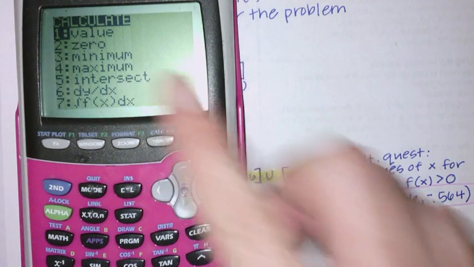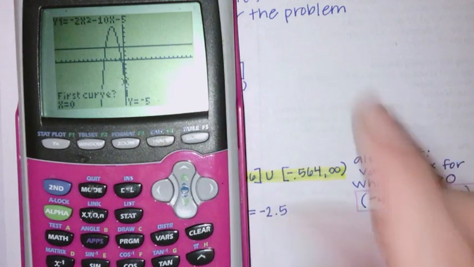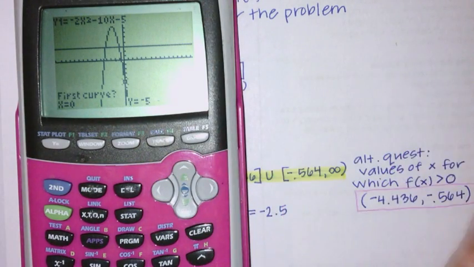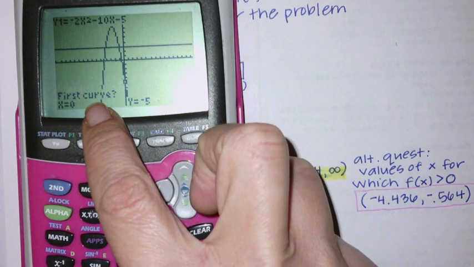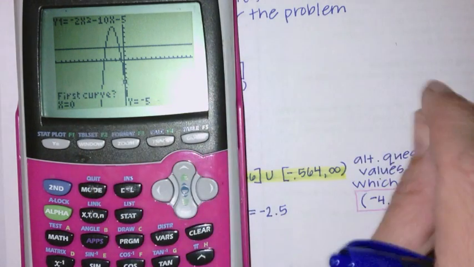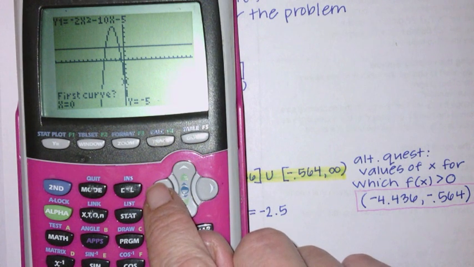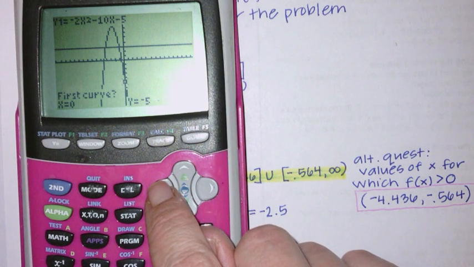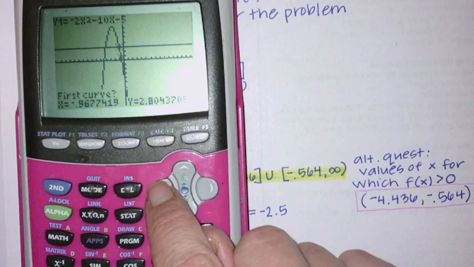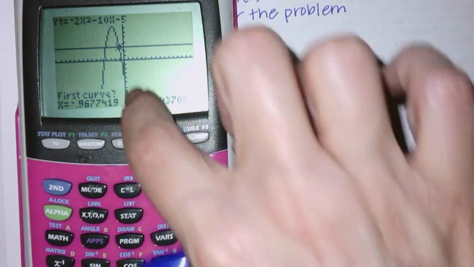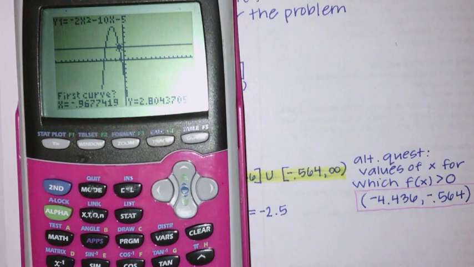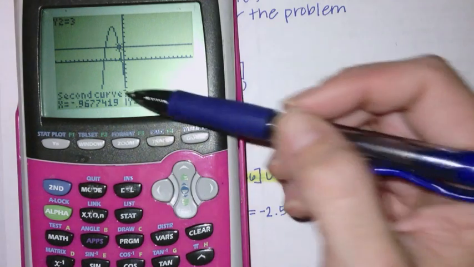option number 5, intersect. So when we do these intersections, since there's two, notice the calculator says first curve. It doesn't say left bound and right bound. What you're going to want to do in order to get both of those points of intersection is to find the first one, get really close. So the first curve is the parabola, so I'm scrolling along the parabola. I'm going to get really close to that point of intersection, hit enter, and then now it says second curve,